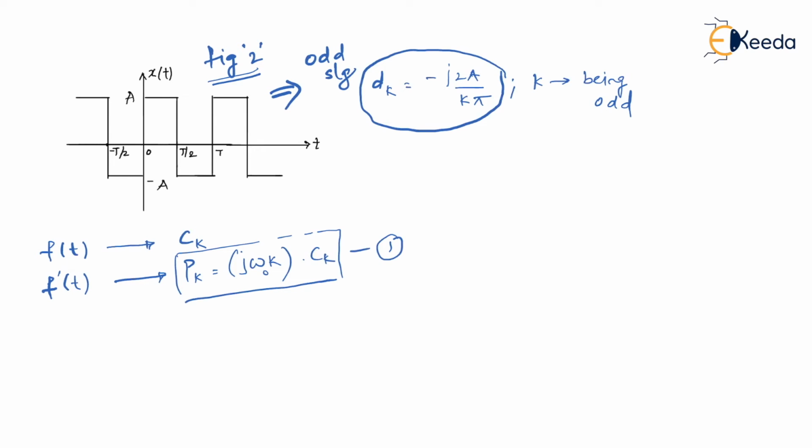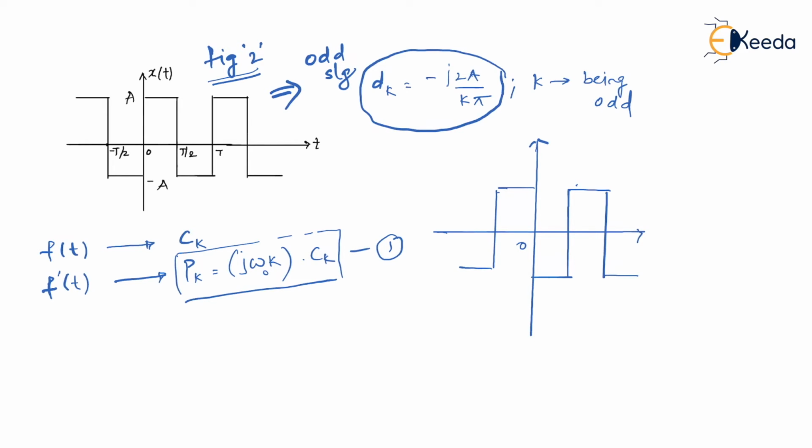Now, let me get back to the square wave that we obtained after taking the time differentiation of the given triangular wave, and it is like this. Let me call this signal f dash of t. And if you remember, the maximum positive amplitude was 4a by T, and the minimum amplitude is minus 4a by T. And for f dash of t, we believe that the Fourier series coefficients are pk. All right?